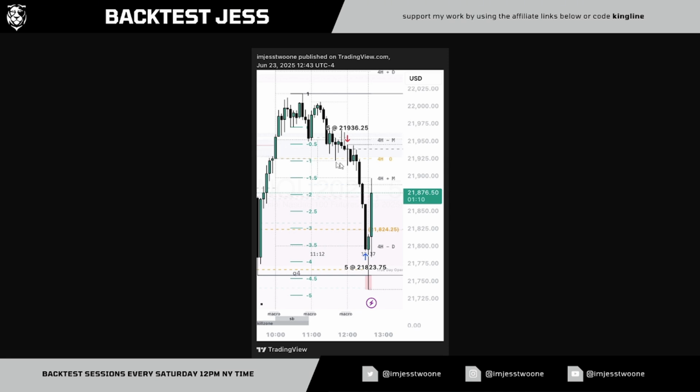These purple boxes or purple areas are NWOGs or NDOGs. So we took London session here, right? And then we have the CSD here. And then notice I waited until we got underneath this gap right here. So once we got within this gap after this CSD, and then again we confirm another CSD right there,